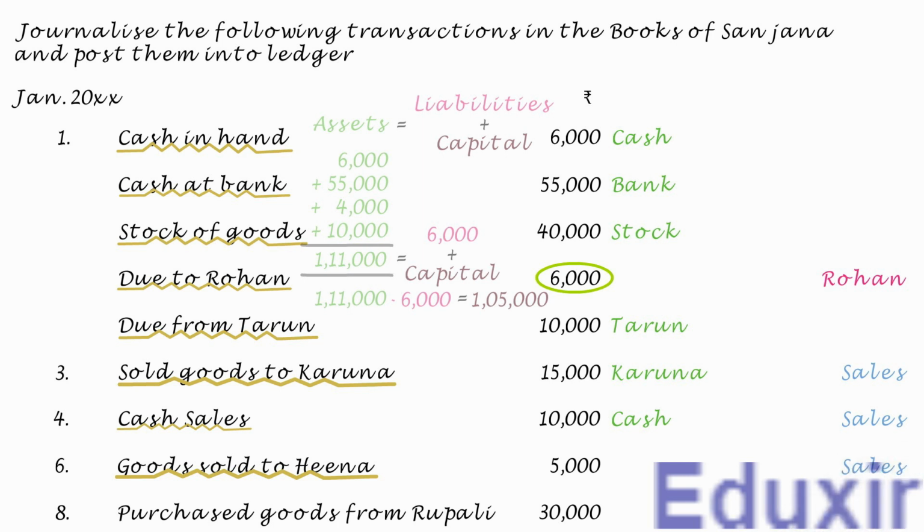At the same time, as these goods are sold on credit to Hina, Hina becomes the debtor of the business. In other words, the debtor asset of the business is increasing. The rule to record an increase in the asset is to debit the corresponding assets account. In this case, the debtor Hina account should be debited. With this analysis, let us now proceed with the generalizing of this transaction.